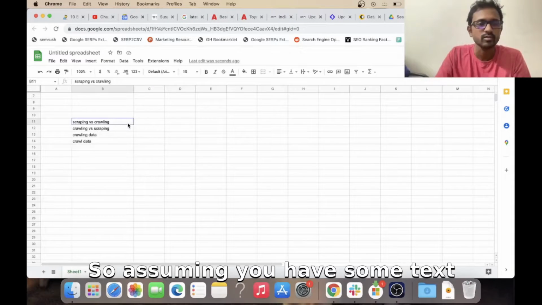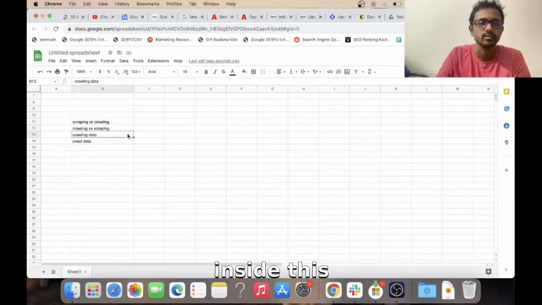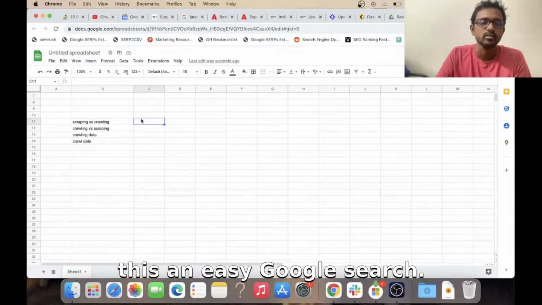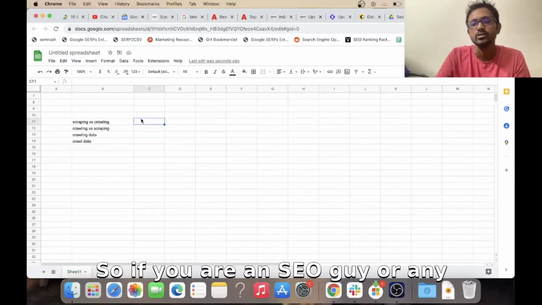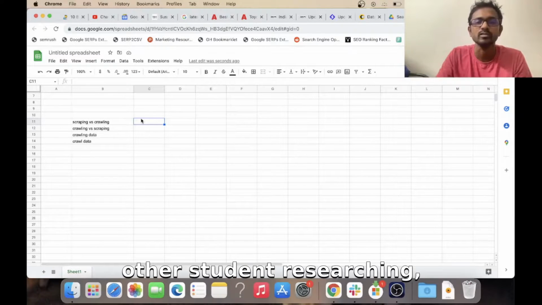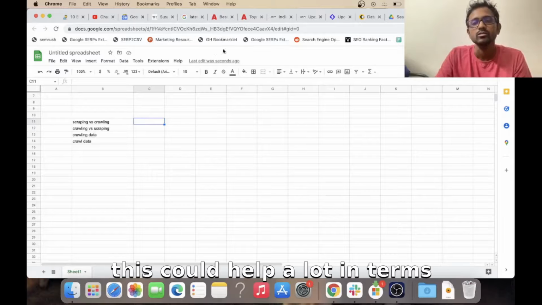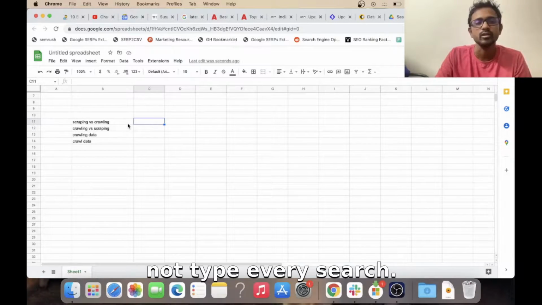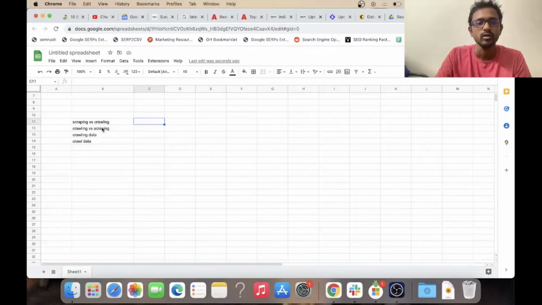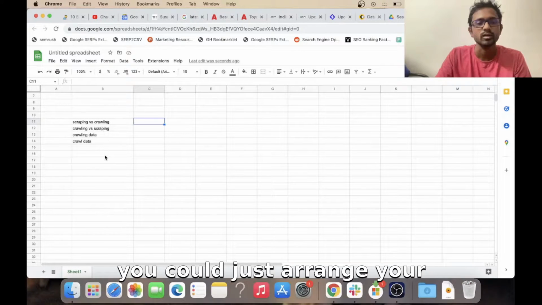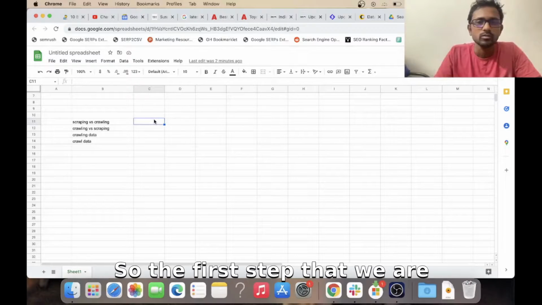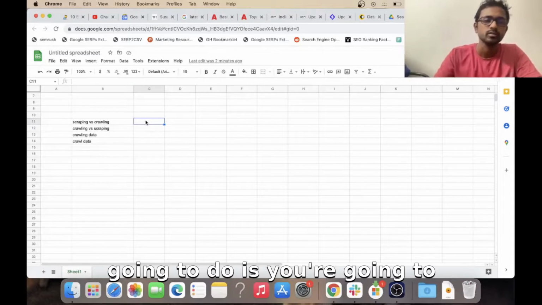So assuming you have some text inside this column A or B, let's see how we could make this an easy Google search. So if you're an SEO guy or any other student researching a topic, this could help a lot, in that you need not type every search query in Google. If you're doing some research, you could just arrange your data in a similar fashion and you could get your work done pretty fast. So the first step that we are going to do is we are going to use